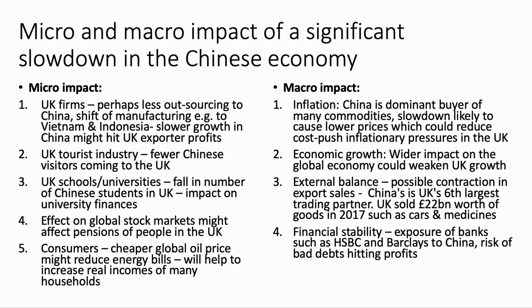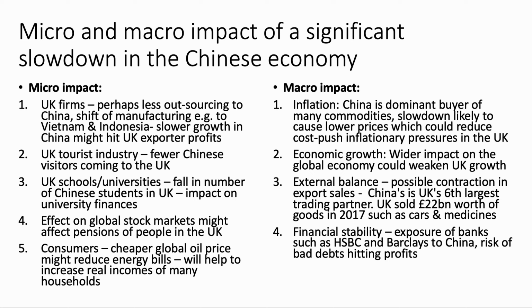What about the macro impact? As I've said many times in these videos, whenever you get a macro impact question, go back to your macroeconomic objectives. Providing you can make those links between China and the UK, you'll be in great shape. So, for example, on inflation, China is a dominant monopoly buyer of many commodities. So a Chinese slowdown is likely to bring down the cost of many commodities, which will reduce cost push inflationary